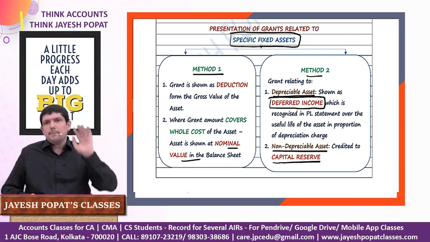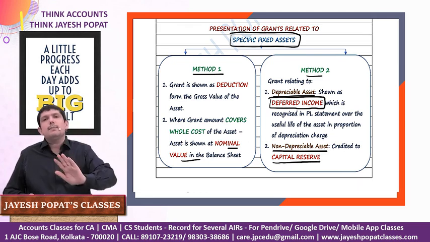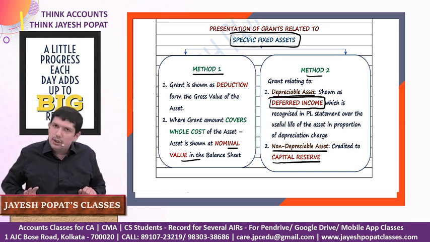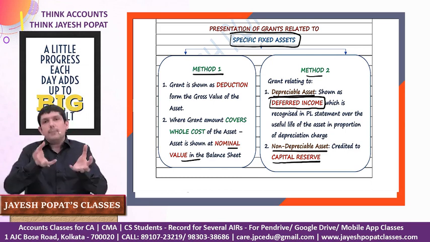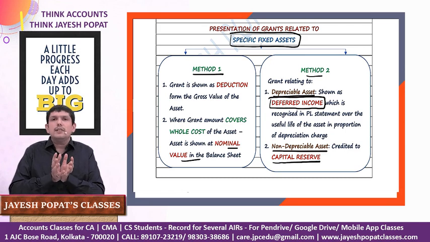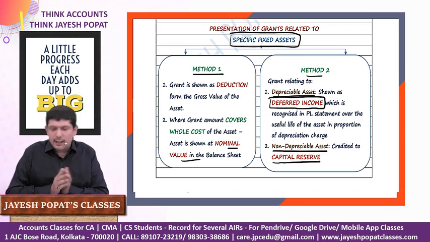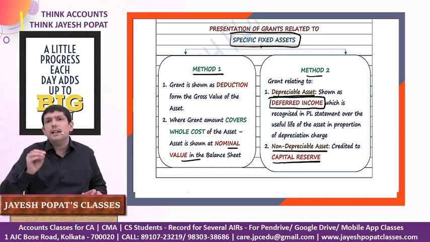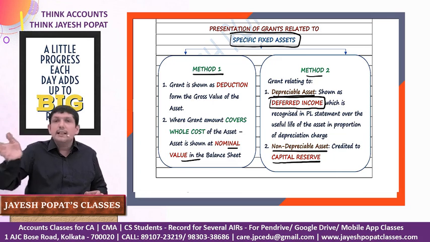So two approaches: one, you let's say deduct the amount of grant from the value of the asset and depreciate the remaining value over the useful life of the asset. If the amount of grant covers the entire value of the asset, record the asset at some nominal value. Second approach, you see whether it's in relation to depreciable or non-depreciable. If it is in relation to a depreciable asset, treat the amount of grant as a deferred income and credit some